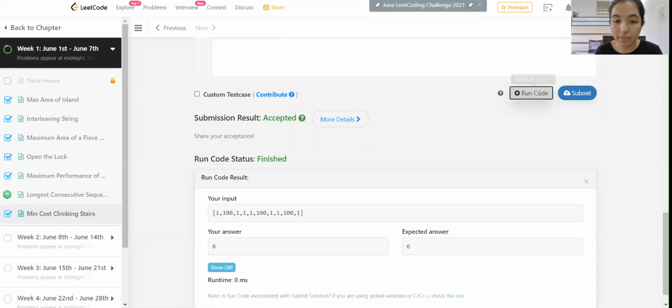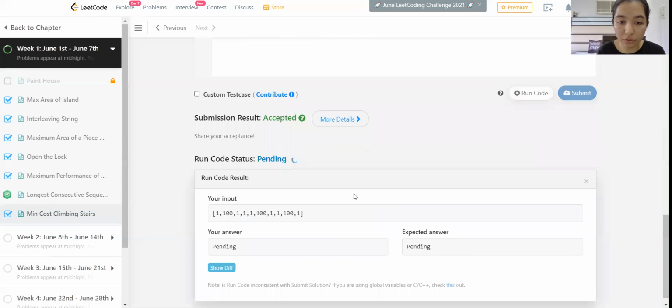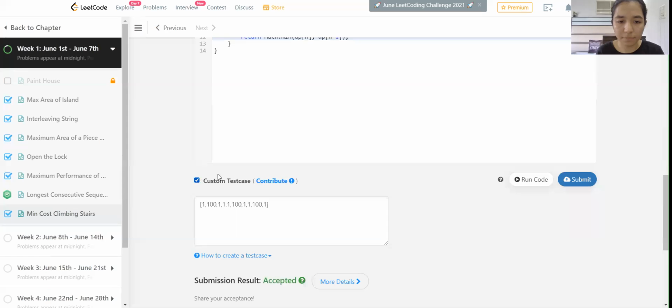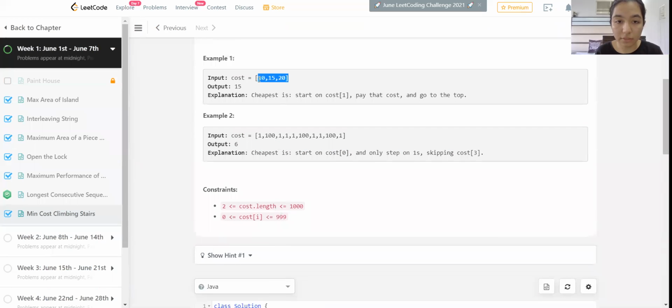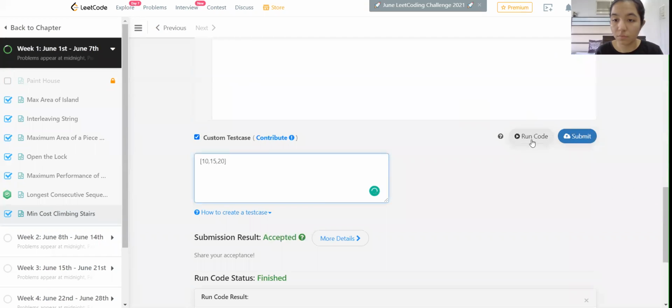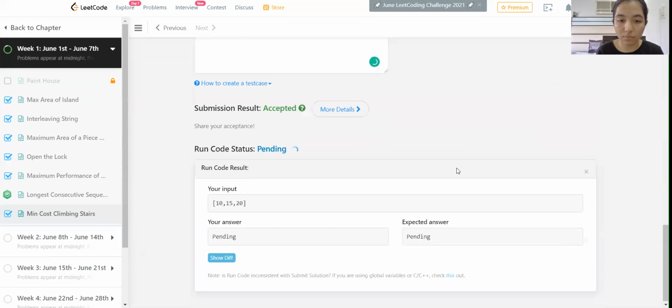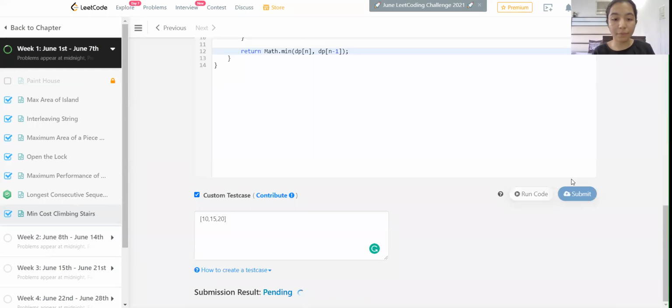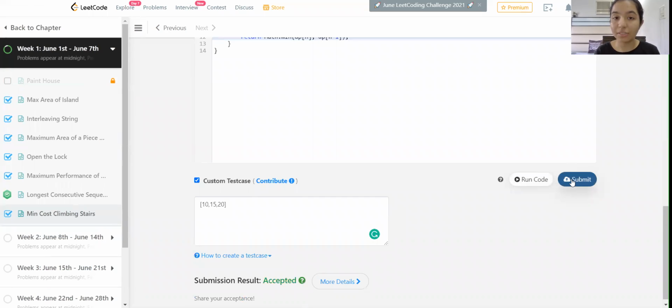Let's remove the custom test case and try to run it now. Let's run it on this one. Let's try to submit it now. And our solution is accepted.